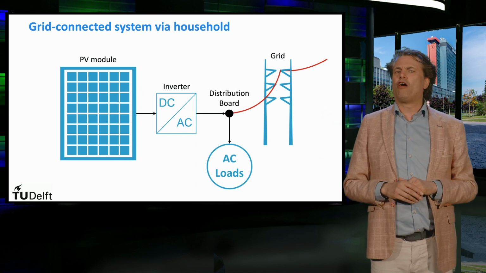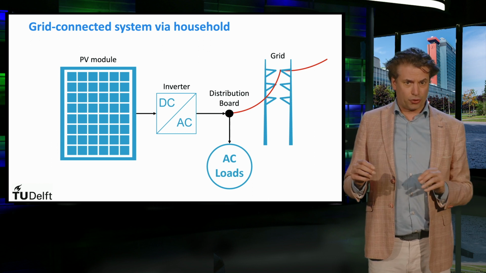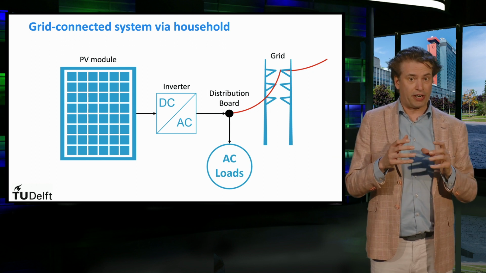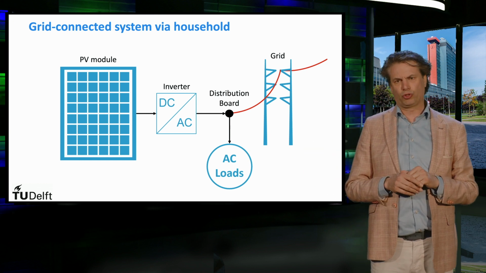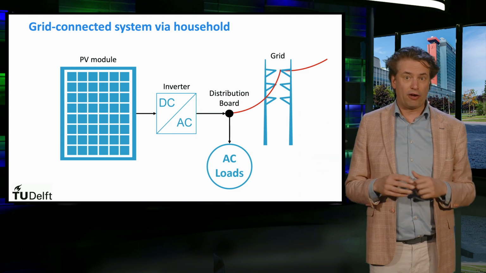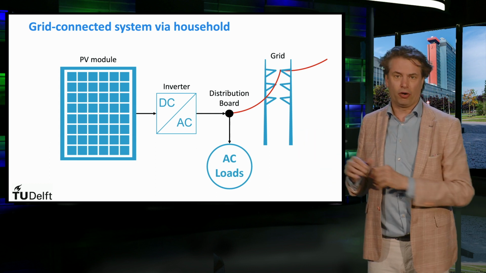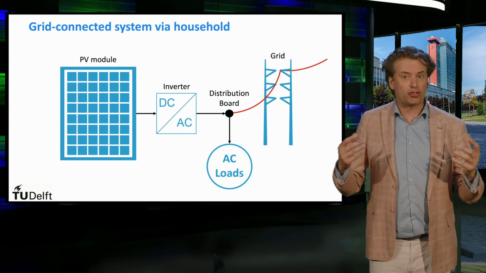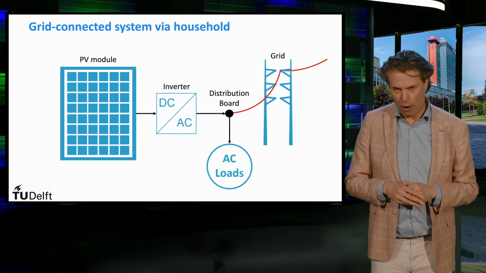In case of small systems such as those installed in households, the inverter is connected to the distribution board. This device has the role to transfer the generated power into the electricity grid or to the AC appliances in the house. In this way, the grid acts as a buffer into which an oversupply of PV electricity is transported and redirected to other loads. Indeed, these systems do not require batteries and the grid supplies the house with electricity in times of insufficient PV power generation.